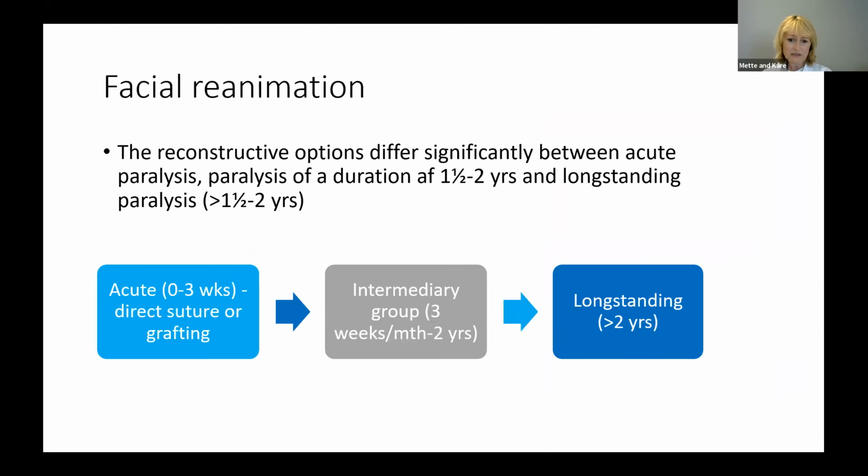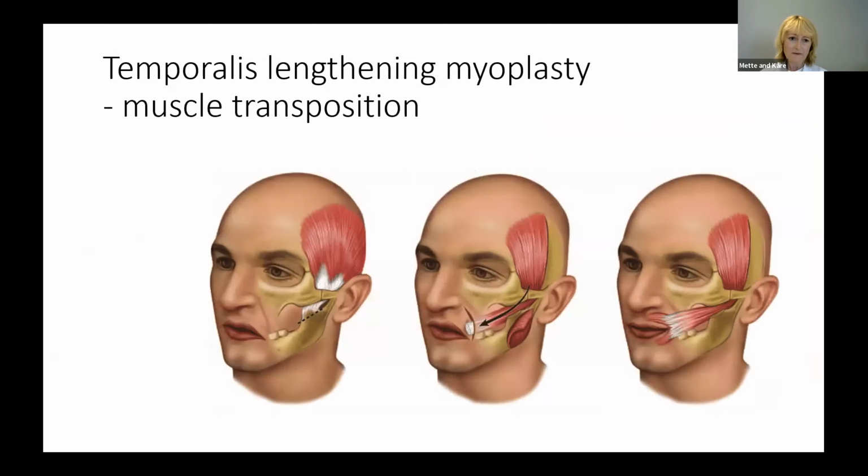If we leave the intermediary group and go to long-standing facial paralysis, where the muscles are no longer functioning and no longer able to be revived with reanimation, we have started using a different method of the temporal muscle reanimations. We've already heard about the Gillies and the McLaughlin methods that were popular. The problem with those is they give a lot of bulk over the zygomatic arch, whereas this technique that was developed by Professor Labbé in Caen in France